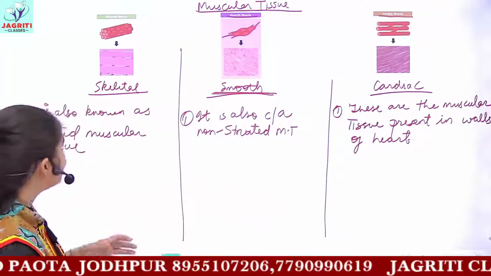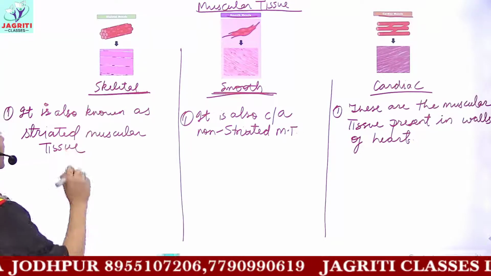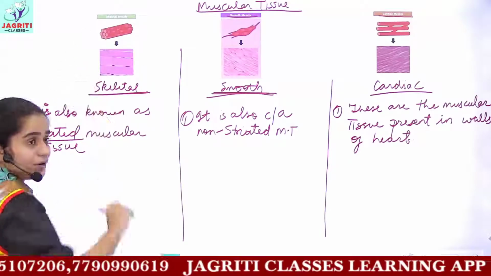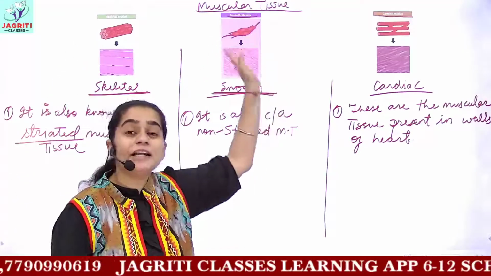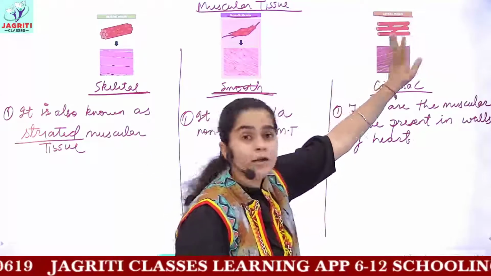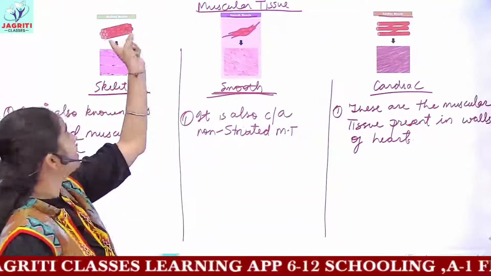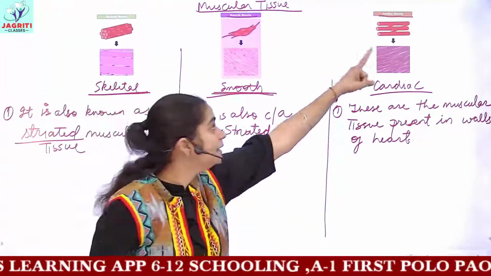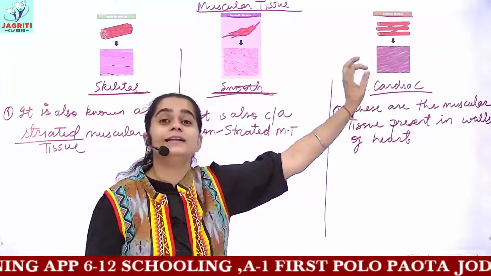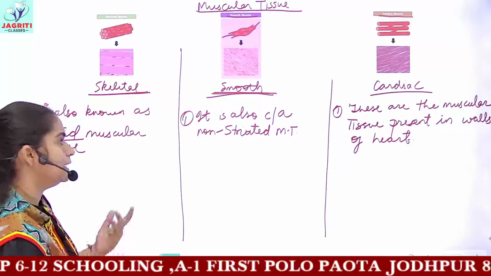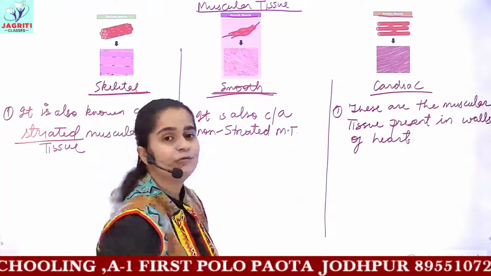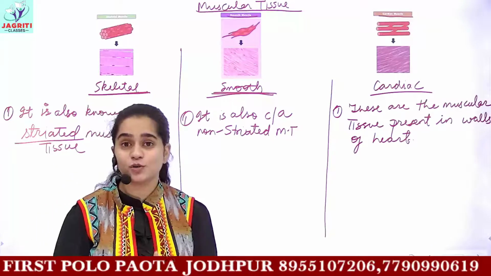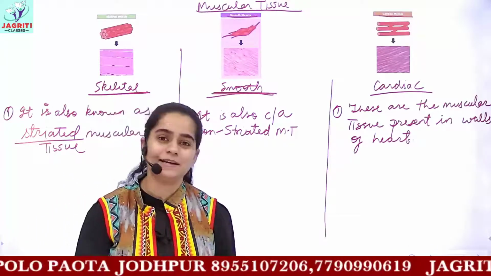Now we'll see in the next class why they are known as skeletal and why they are called striated. You can also observe it in the diagram. These are cylindrical in shape, spindle shaped. Skeletal is also cylindrical. The difference is skeletal muscles are not branched, but these are interlinked, or have a branched structure. Then you will see the different functions performed by these tissues, and in the end we'll be dealing with nervous tissue, which would be the last tissue, and then we'll finally complete this unit.